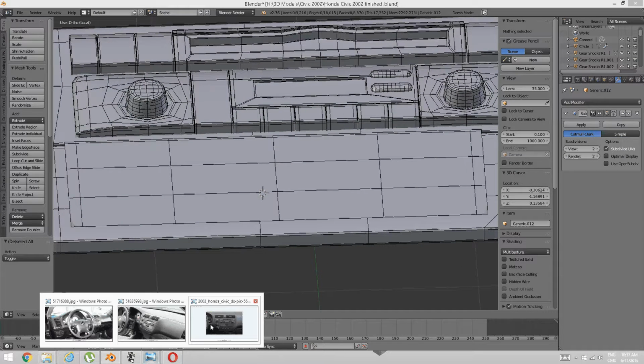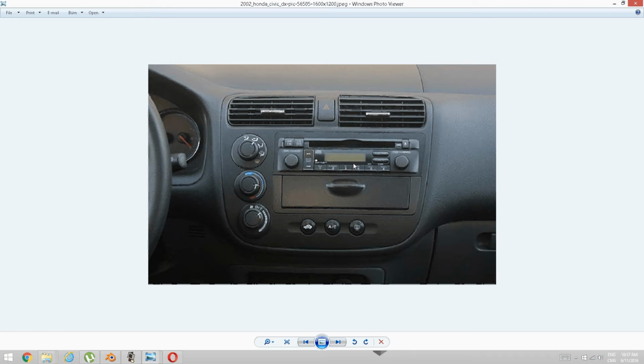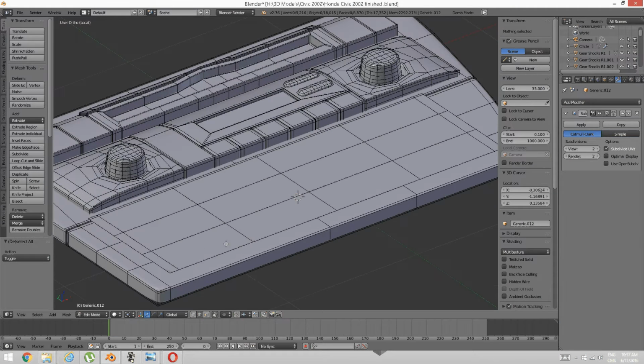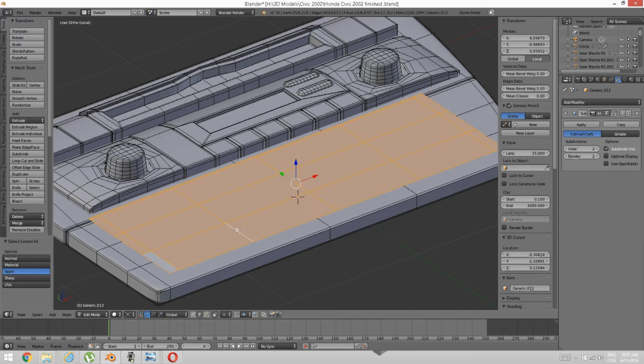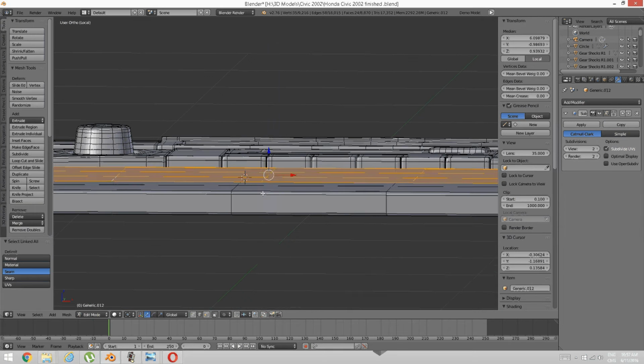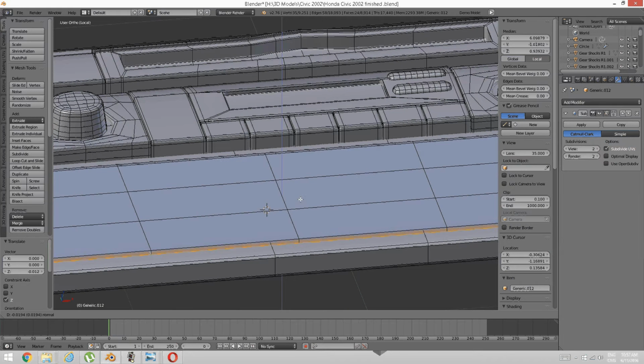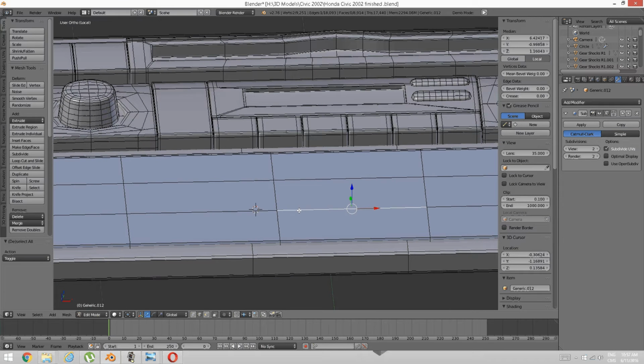And now I'm just going to go into here, I think, and I'm going to add more something right here in the future. But I'm just going to go into here, move that down a little bit like that, extrude, Z-axis, like that,